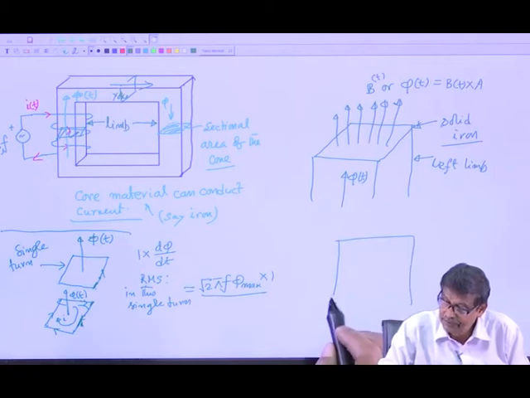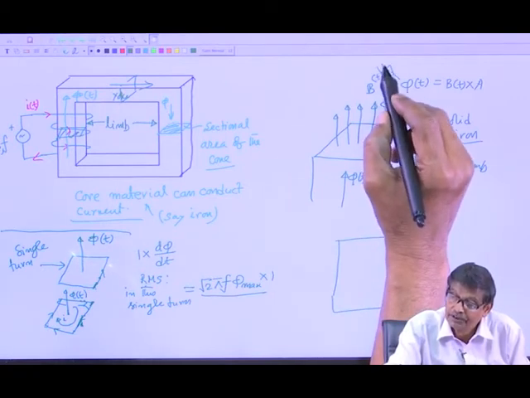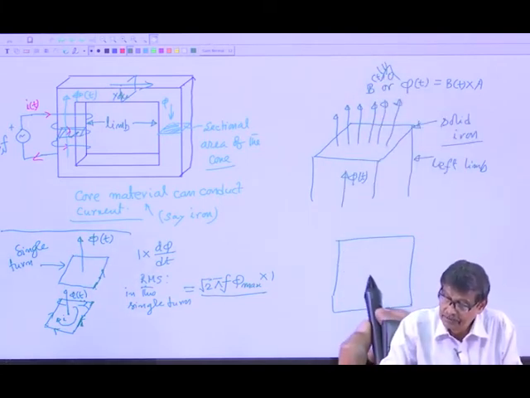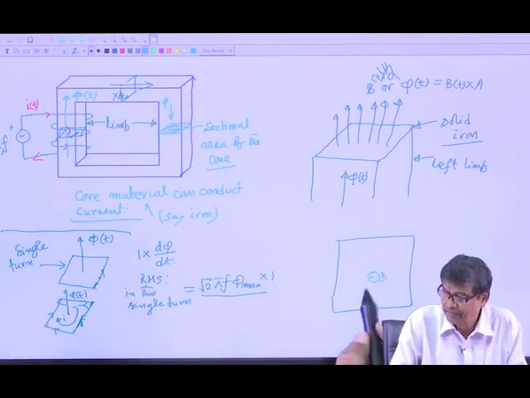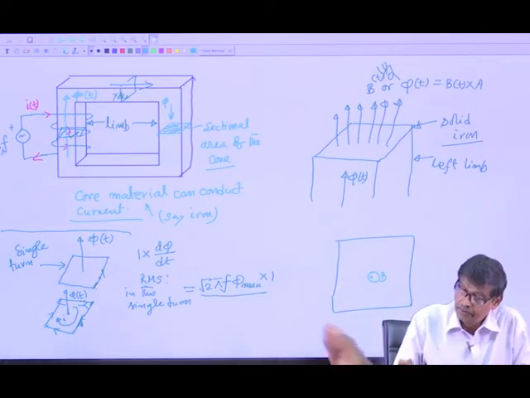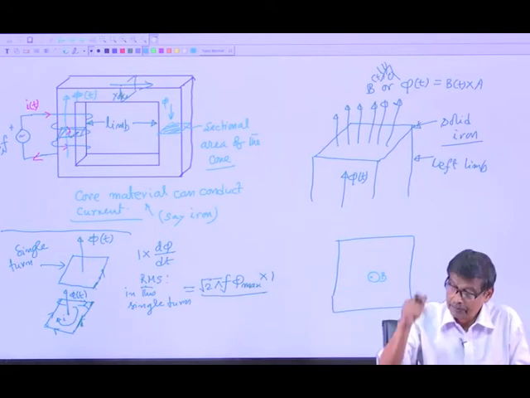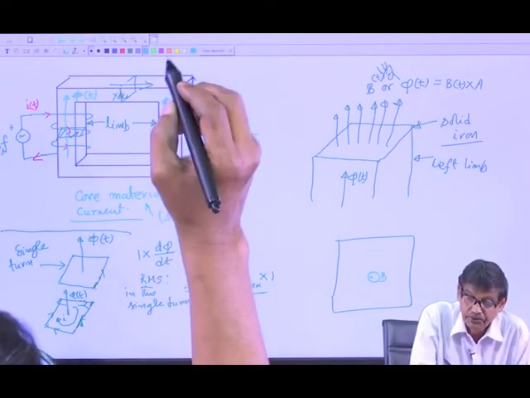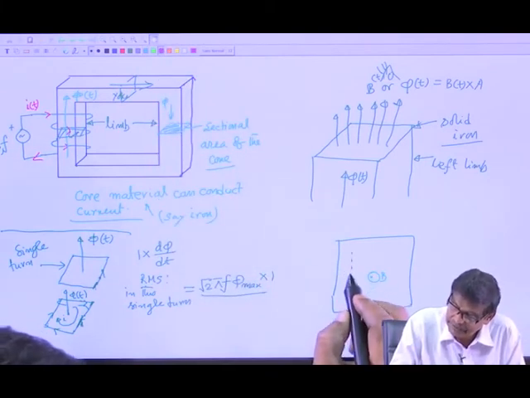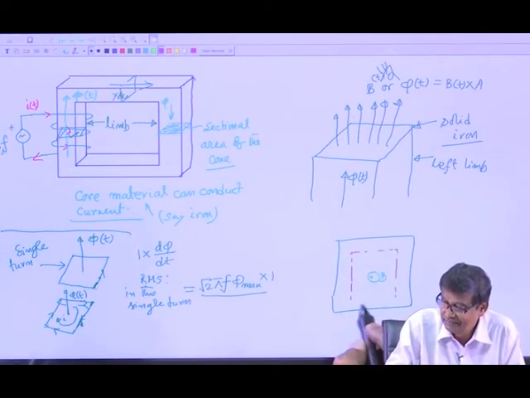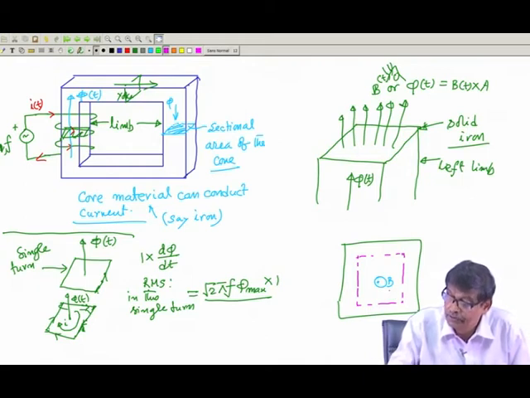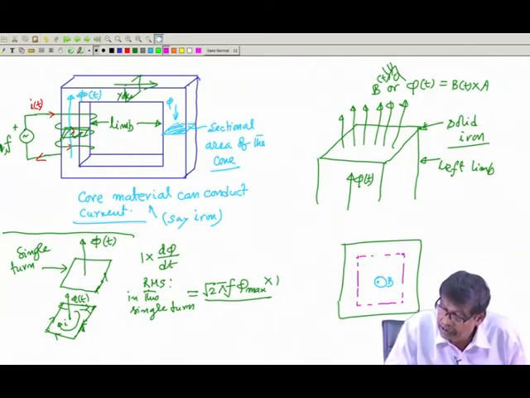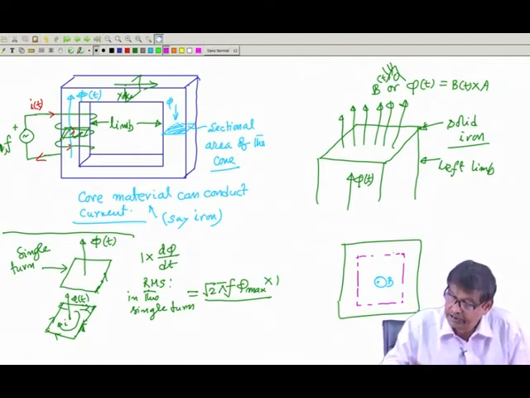Suppose I am looking from the top. This is the section, and the flux lines are coming out. Suppose this is the direction of B. I have just shown one line, B is coming out, and it is time varying, going up and down. Now, consider a closed path like this. I can imagine there is a single turn here through which there is a time varying flux like this. Therefore, in this loop which I have considered, there will be an induced voltage